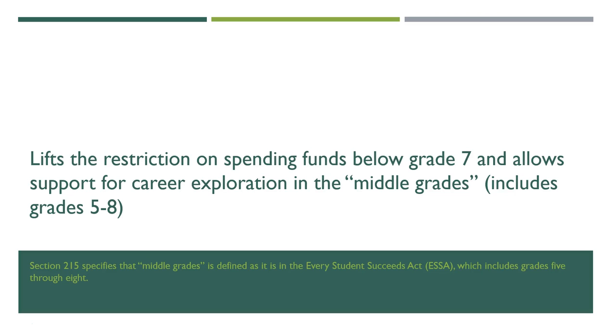A lot of what they're going to be doing in that is probably going to focus on career awareness, not necessarily teaching 5th graders how to drive a forklift. That would be probably a bad idea. I'm actually involved in a professional organization that I'm a member of, on a committee exploring how to do exactly that with those middle schoolers. So this is very interesting to us, and we'll probably be trying to talk states into spending some of their